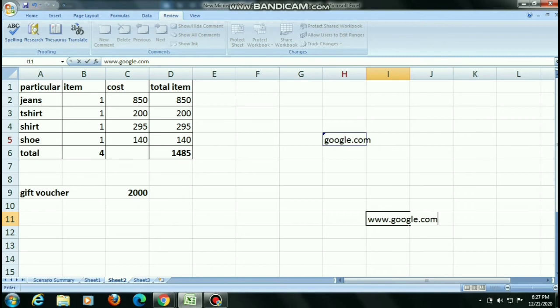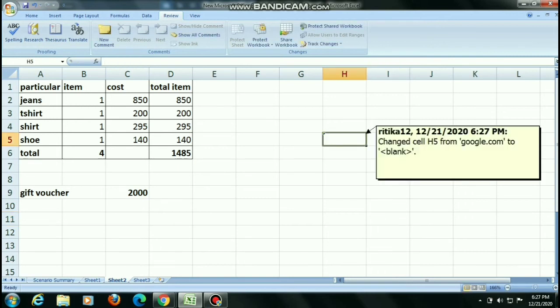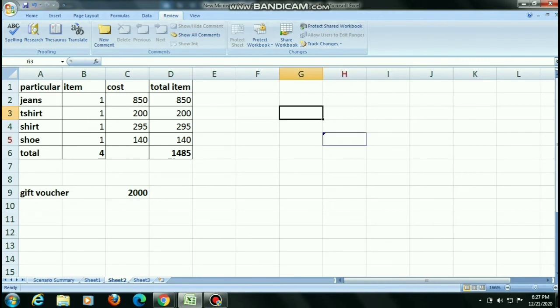Now our next topic is sharing and reviewing a spreadsheet, and in this the first topic is track changes. Now we will learn what track changes is. Children, the meaning of track changes, as its name suggests, is changes in the track. I will show you what changes in the track is. Look, the name itself says to track. What do we have to track? Whatever changes are happening, we have to track them.